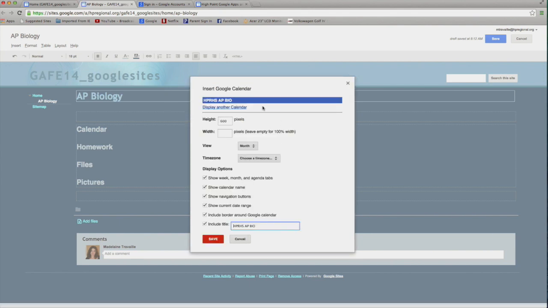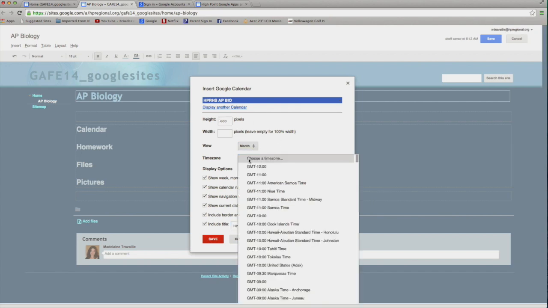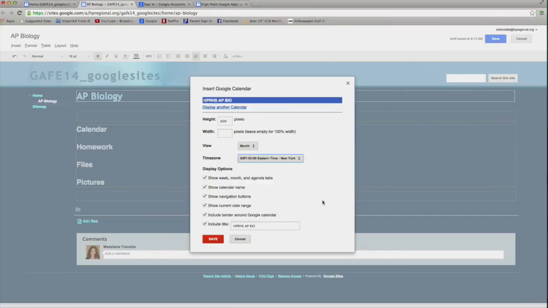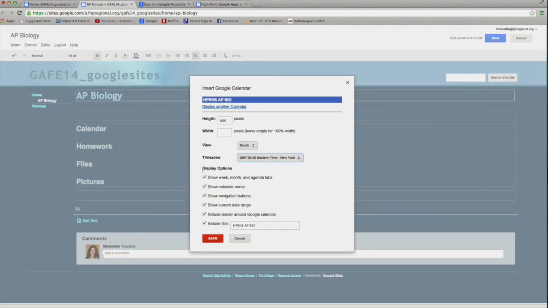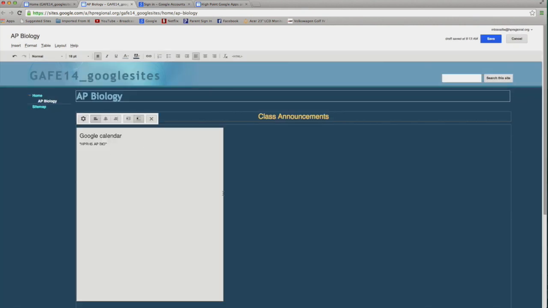It's linking to my Google Calendar, and it's asking me some settings, and in the future you might want to play around with this, but for right now we're going to leave it at for the month, pick time zone. And you're going to want to have options for showing the calendar name, navigation buttons, and all these other things. You can deselect things that you may not want. So in this case, I've now linked a calendar, and I'm going to save it now to show you what